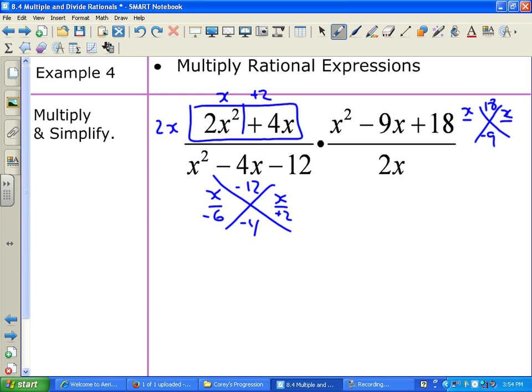So, let's see. Two numbers multiply together give me positive 18, and add together give me negative 9. That's negative 6, negative 3. Lastly, I can't really do anything with 2x. This board looks like a beast,